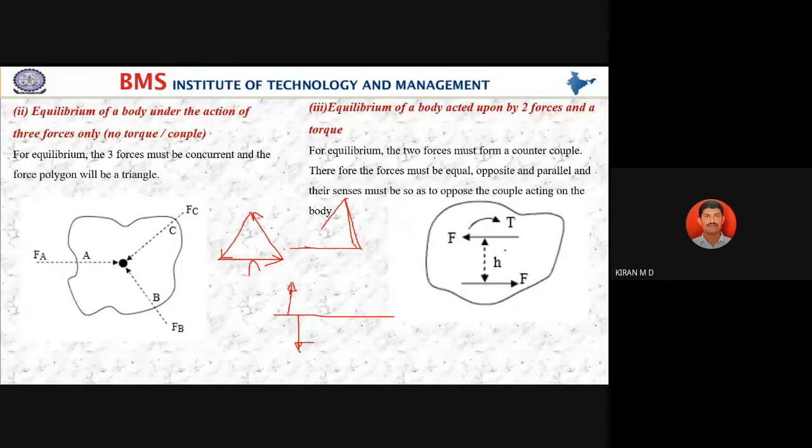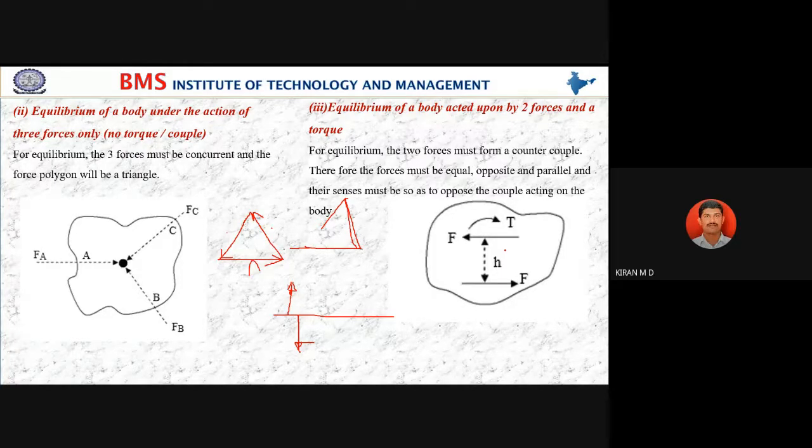For example, assume you are holding the steering wheel of a car with both hands. If you want to rotate towards left or towards right, what do you need to do? You need to pull the right hand and push the left hand. Correct? Are you following my concept? Yes. This occurs because of these forces. I assume I am applying 1 Newton pulling and 1 Newton pushing. So it causes the rotation.